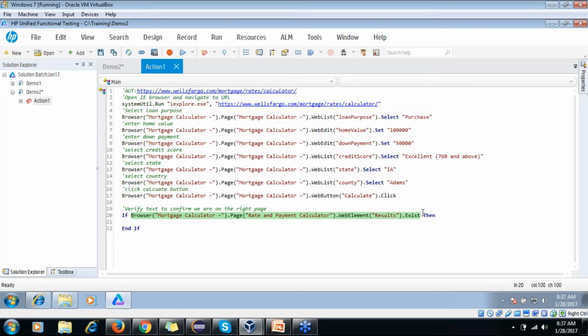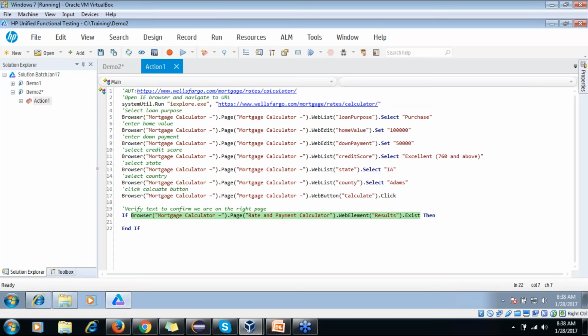We all know that if-else conditions always work with boolean conditions like true or false. We are not doing verification on the text, whatever text appears, but we want to check whether this element, which we have added in our object repository, exists or not.